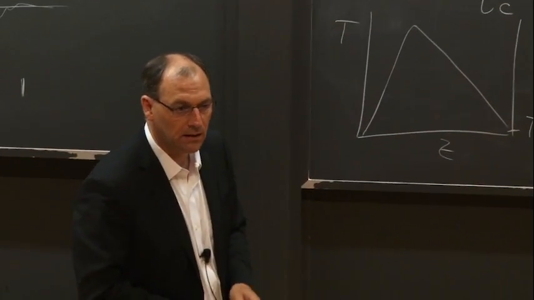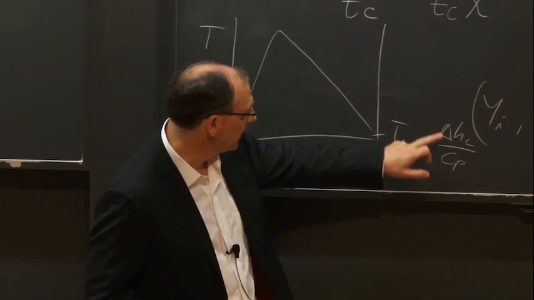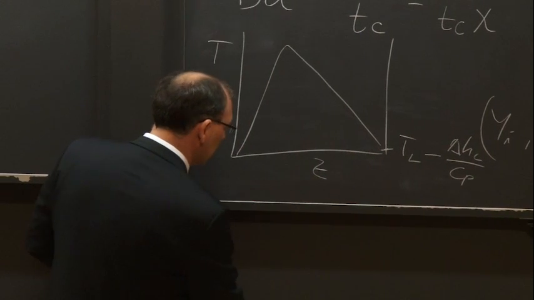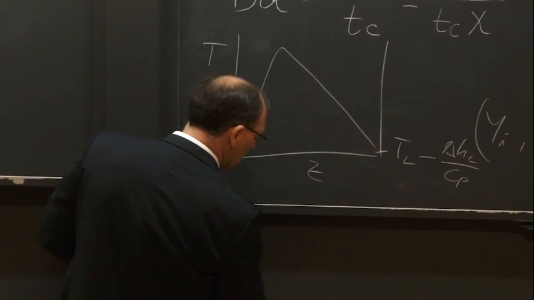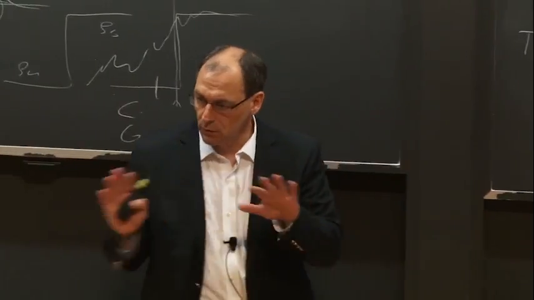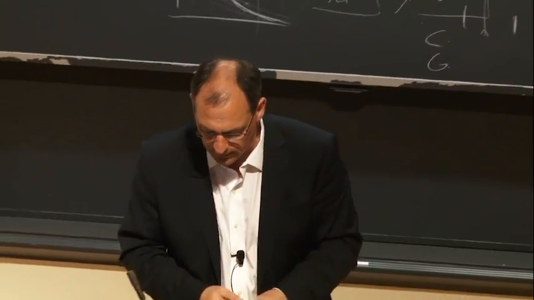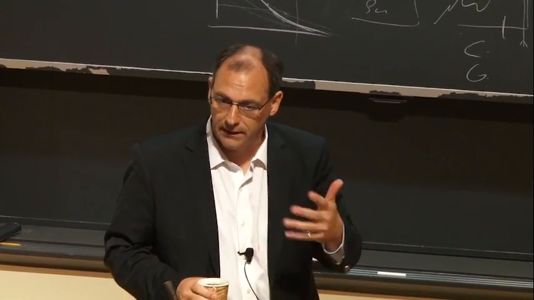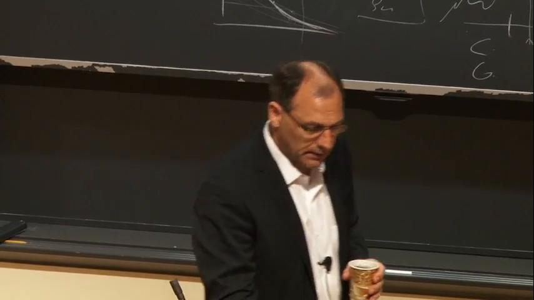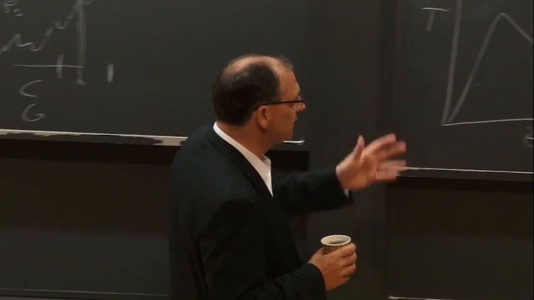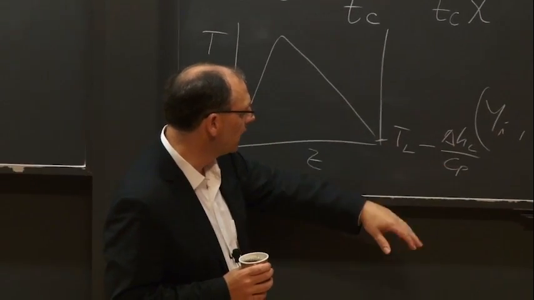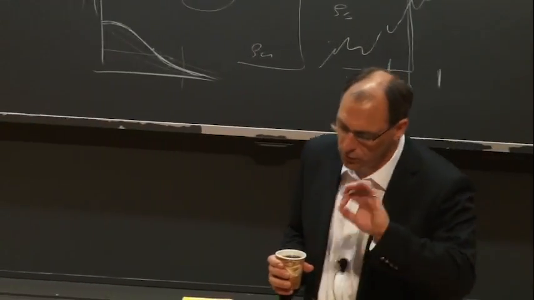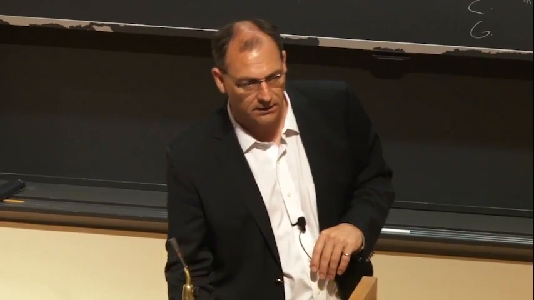Okay, so this is basically the latent heat divided by Cp. That is a temperature difference that you subtract here, and then under the many simplifying assumptions that are made, you get the same analytic solutions. Okay, and so we use a similar form. This basically assumes that this is constant and so on, and when we do actual simulations, we use a similar form, which just is a little more accurate and